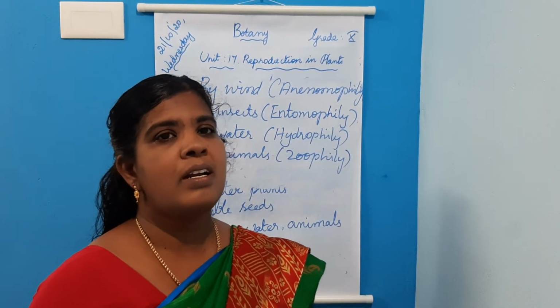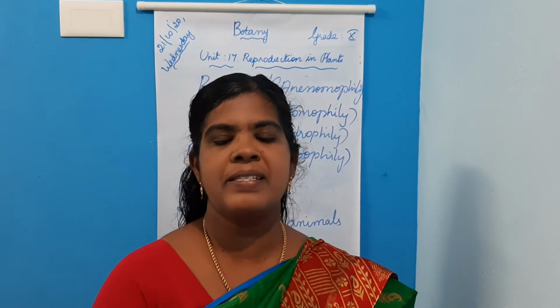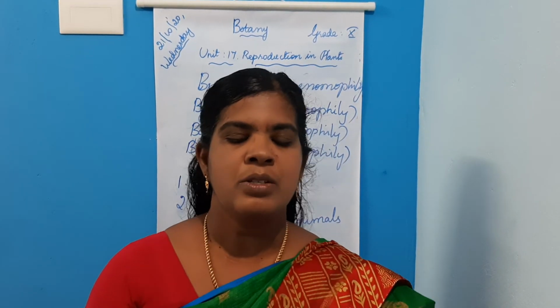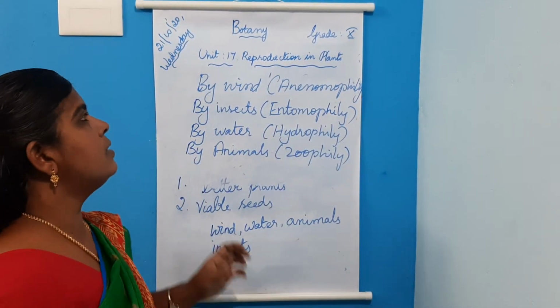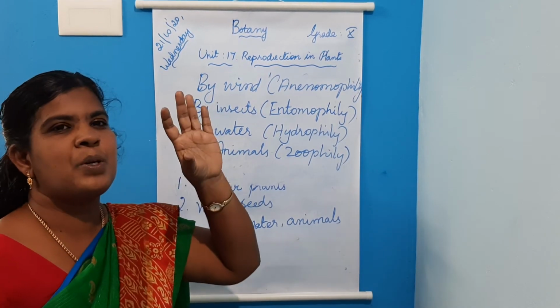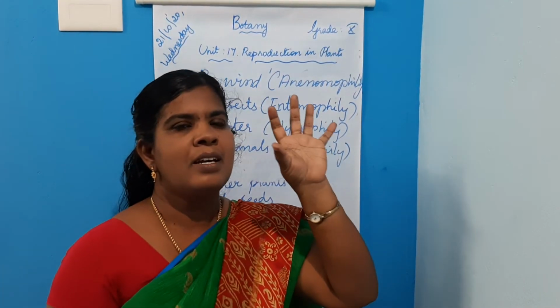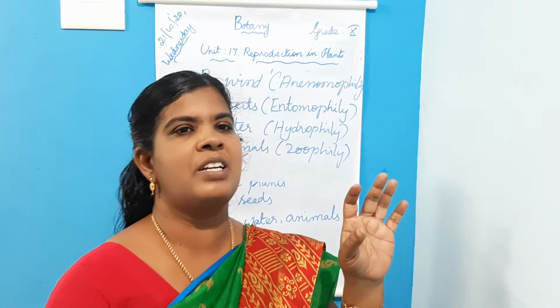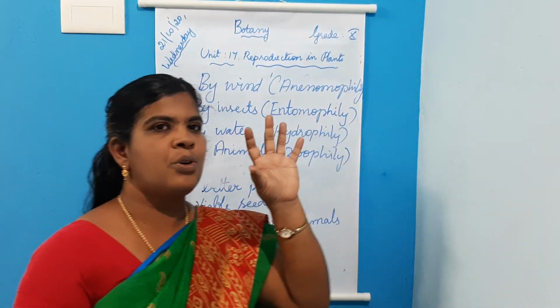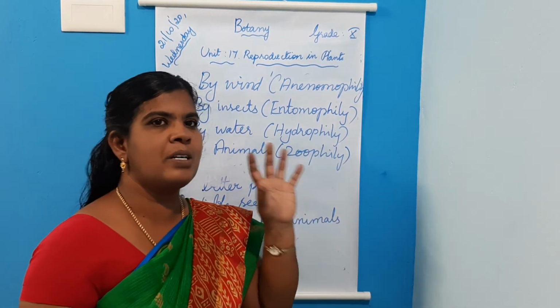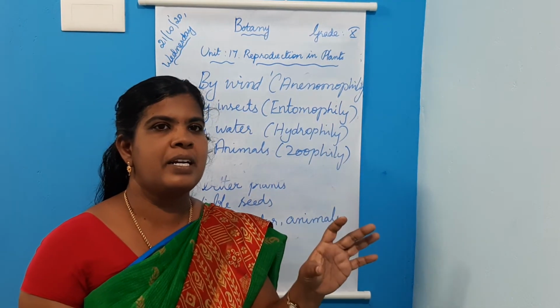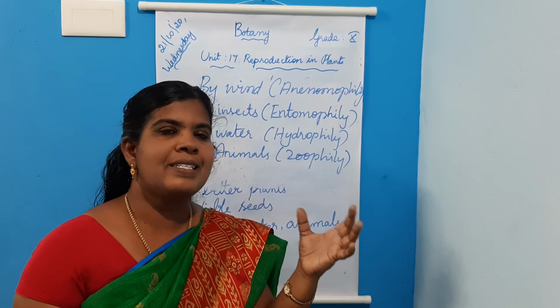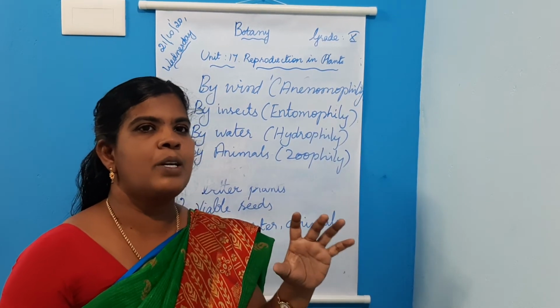Then squirrels pollinate the flowers of the silk cotton tree. So we all learned about the first process in reproduction, that is pollination. What are the two important events in sexual reproduction in plants? Pollination and fertilization. What is pollination? Transfer of pollen grains from the anther to the stigma of the flower is called pollination.